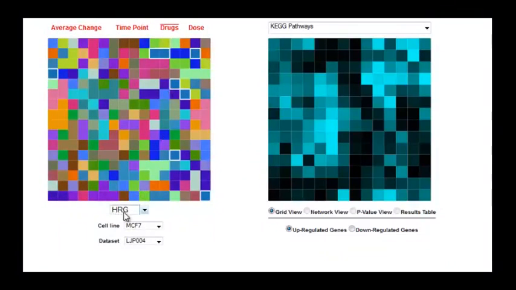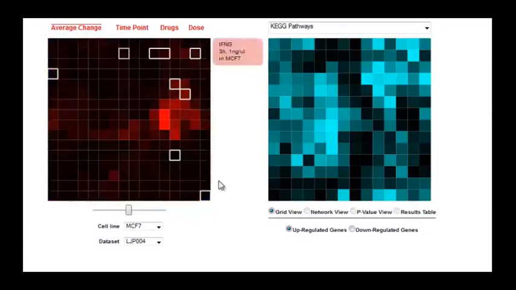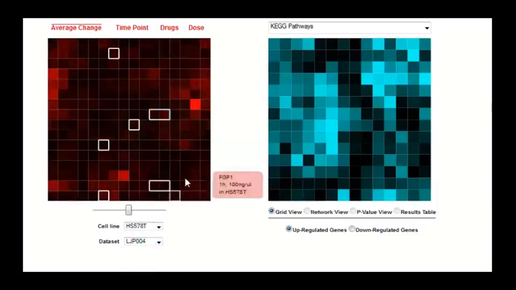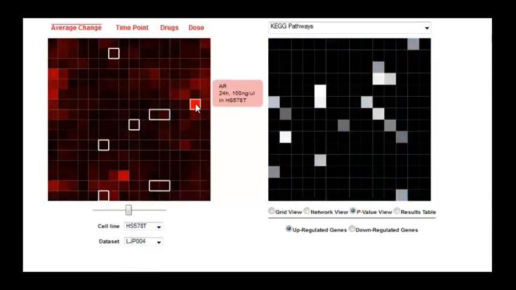So for HERG, in general, there was not a significant perturbation, maybe a little bit in these 2, at 6 hours with 100 nanomolar or 1 nanomolar. The most significant perturbations in this particular grid for MCF7 cells was with this ligand MS at 6 hours, 1 nanomolar. If I change the cell type and identify another significant perturbation, I can look at this androgen receptor AR,